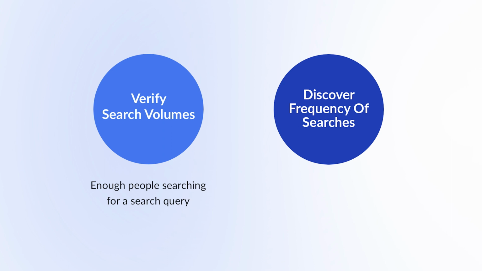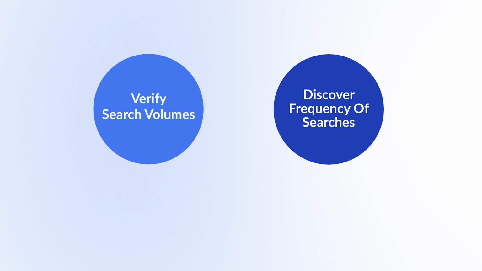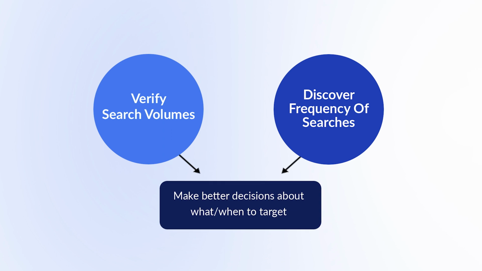Keyword research helps us in a number of important ways. It helps us verify there is enough search traffic, that is, enough people searching for a search term. It helps us discover the frequency of those searches. For example, search terms like camping tents or beach towels tend to be seasonal, whereas searches for things related to diet and exercise usually happen all year round. Knowing the search volume and frequency behind a keyword helps us make decisions about what to target and when to